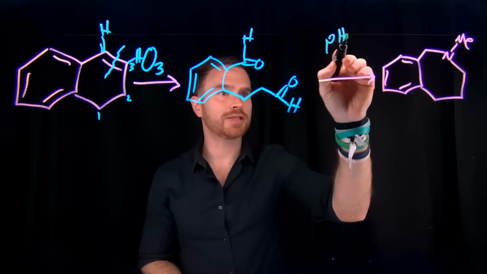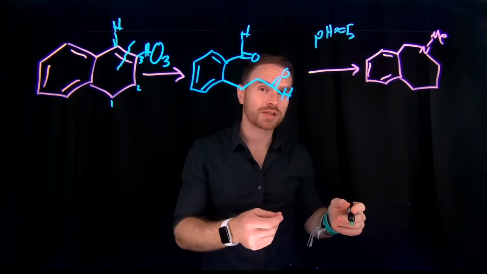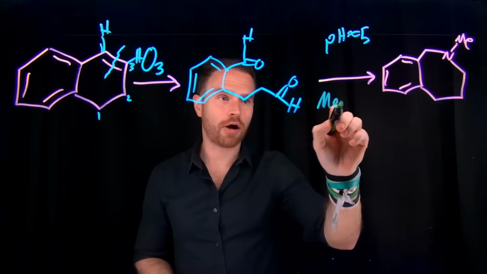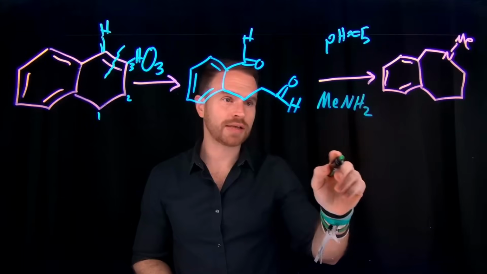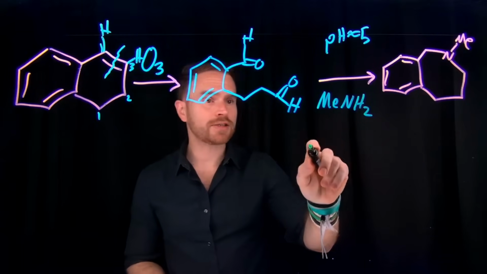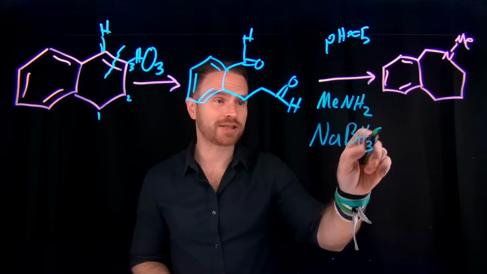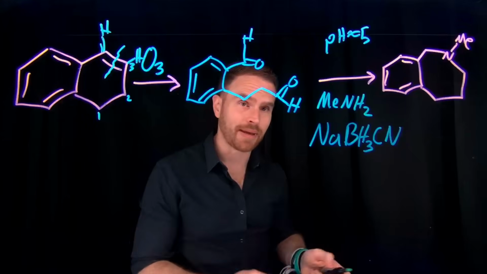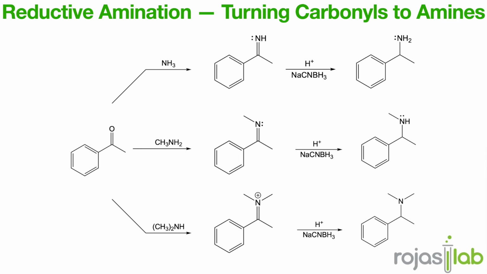Typically, at pHs around 5, we can achieve the correct conditions in order to do what's known as reductive amination. And for that, we just need methylamine, where we'll take our methylamine, which is a methyl group attached to nitrogen and 2 hydrogens, and also add a reductant. And this one is commonly used as sodium cyanoborohydride, which is NaBH3CN. And these conditions allow us to do what's known as reductive amination to end up synthesizing this tertiary amine. If you've never seen reductive amination before, I have a video here that you can check out all about how